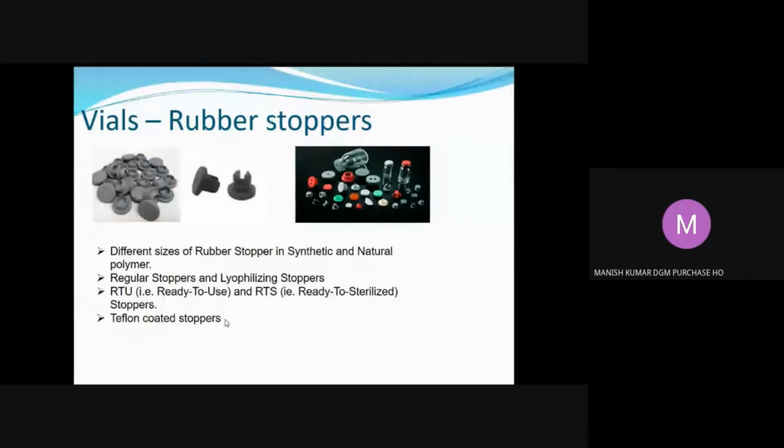If the vendor, meaning the rubber stopper manufacturer, has the facility to supply ready-to-use stoppers, that means he can supply sterile rubber stoppers that we can use directly. We purchase from them, or as per our product requirement, we take it and do the sterilization. There are different sterilization processes before using the rubber stopper. It is a very critical component for any injectable. Other than glass, the rubber stopper is the most critical component for any injectable company.